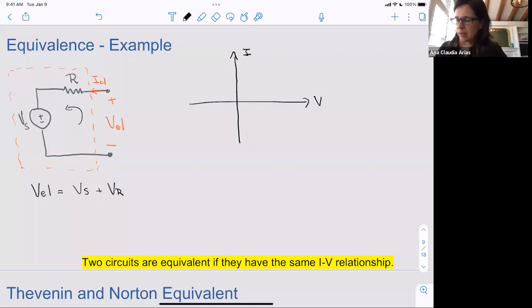So let's apply the element definitions to write this. Vs is a voltage source, is a given, plus Vr. Vr is I element times R, right? Because I have this current I element here that I am using to test this circuit, and then I'll have